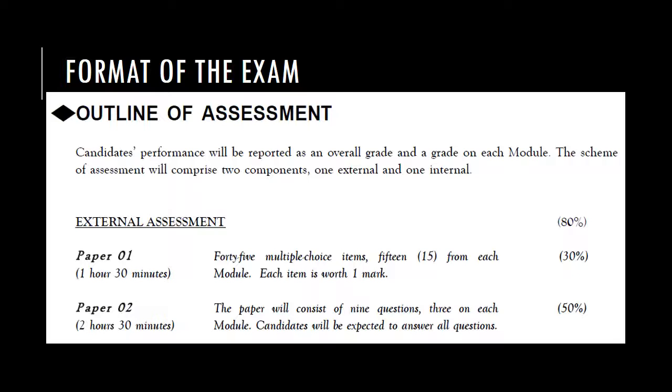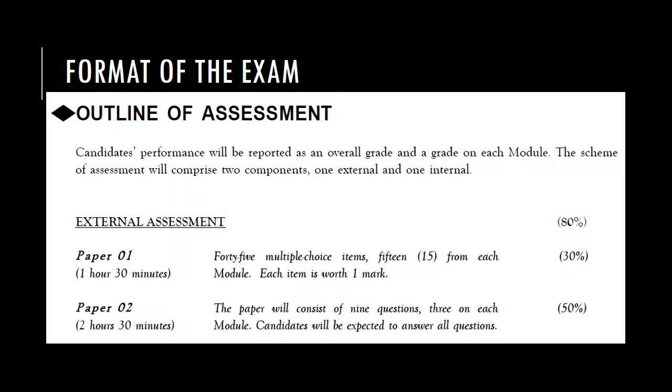That being said, we understand now the skills and the format of the exam. You have both an external assessment component and an internal assessment. We're going to talk about the external assessment first. You'll notice that the weighting for the final external assessment is 80%. The internal assessment, which is what we call the school-based assessment, previously called an IA or internal assessment, is worth 20%. The external assessment is the exam paper that you would get.